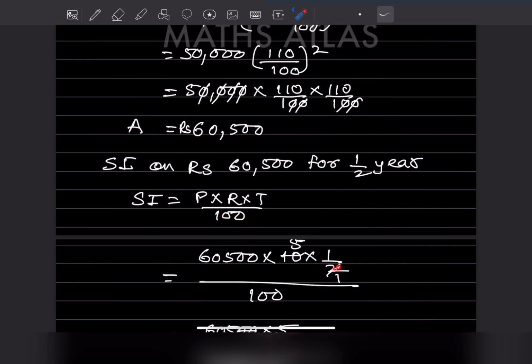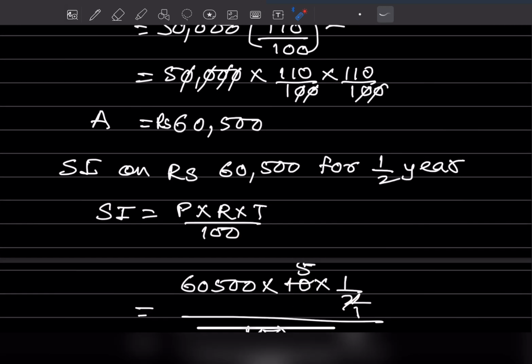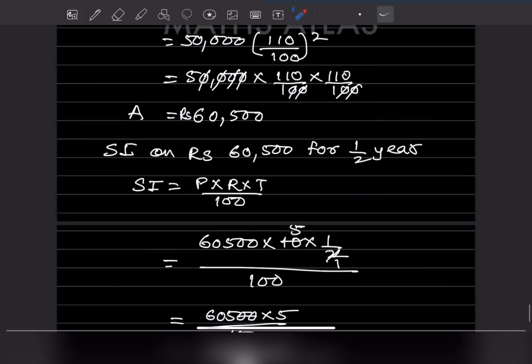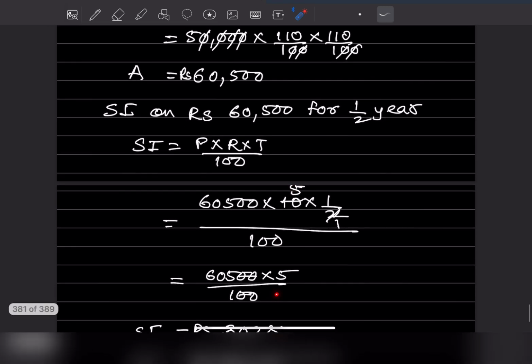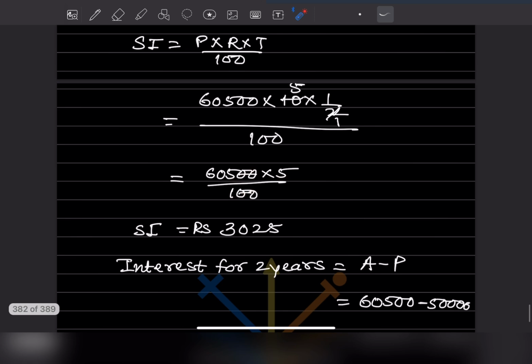So what will you do here? 2 1s are, 2 5s are, and when you multiply this and divide it by 100, these 2 zeros will get cut off. So when you multiply this, you get the simple interest as 3025. So now what will you do here? We want the